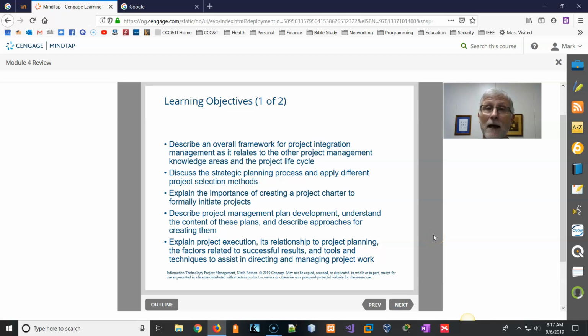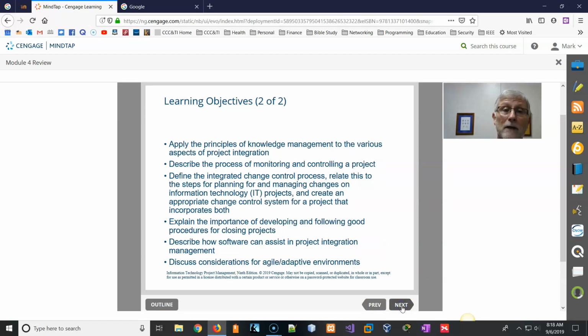So in this chapter, we're going to look at the overall framework of project integration, of course, how it relates to the other knowledge areas and the life cycle. We'll discuss the planning process, different types of project selection techniques, the importance of creating a project charter, and what project management plan development is, how it is created, and how these plans help with the project. We're going to look at project execution and its relationship to project planning. We'll look at the principles of various aspects of project